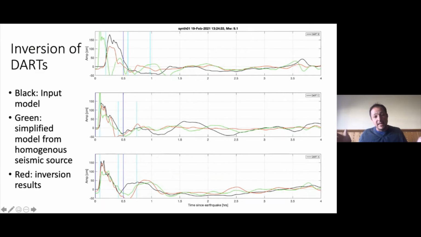So once you have that simulated wave field, then you can predict the wave that you would actually measure at the tsunamometer network in black here, and this is at 3 different tsunamometers, DART B, DART C, DART A, and then you can fit that in an inversion procedure. So the red is a fitted